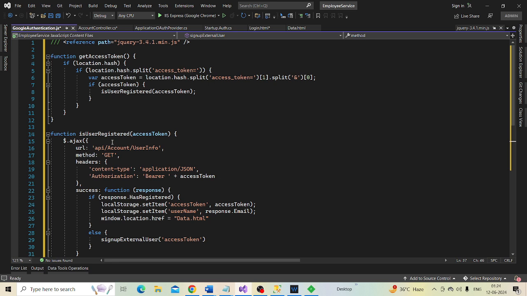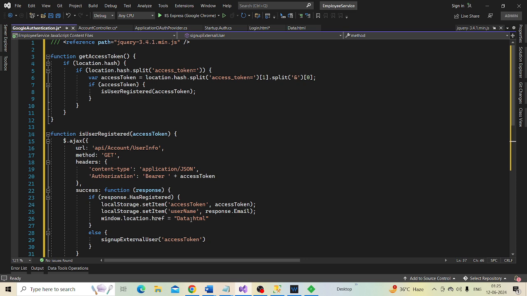If he is already registered with our application, then it is going to store the access token and username in the browser local storage, and redirect him to the data page, where he can see employees data.